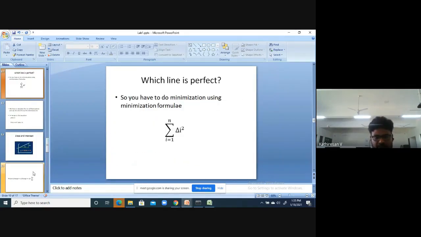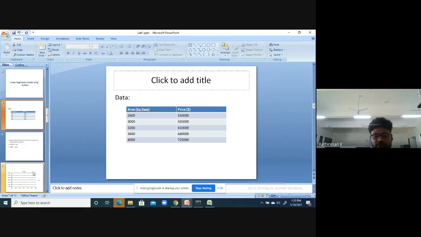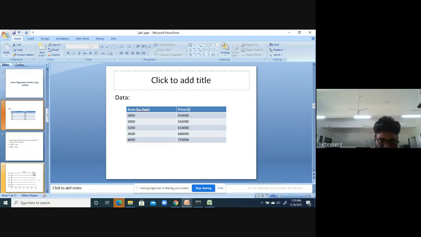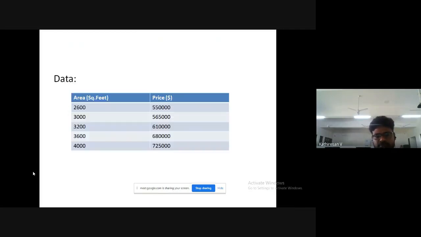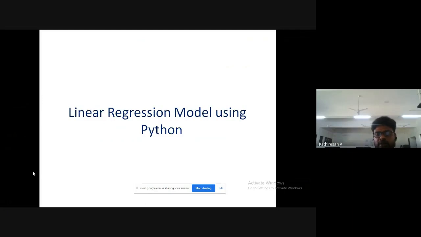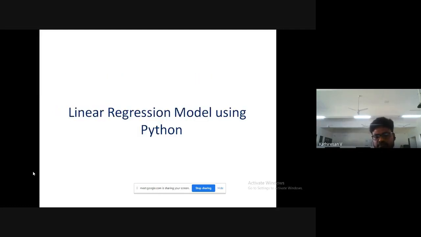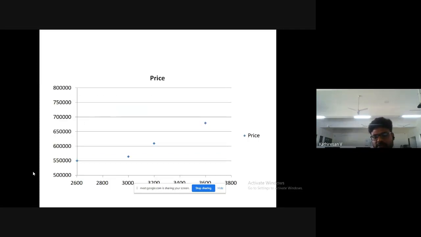Before getting into that, I would like to give some inputs to you on this linear regression. Actually, I will tell where linear regression exists, how linear regression works, and all the stuff. Okay. See here, if we put this data into a graph, or if we plot this data,